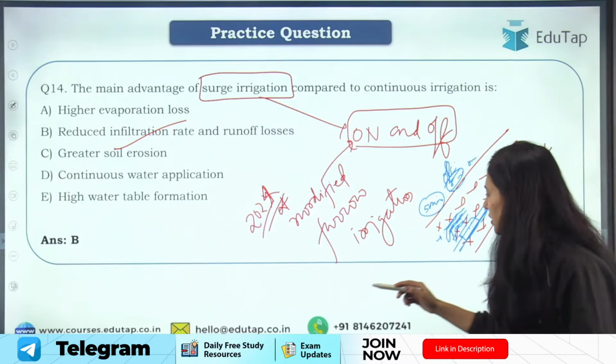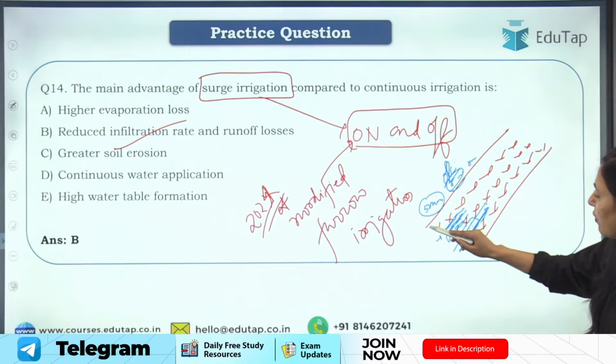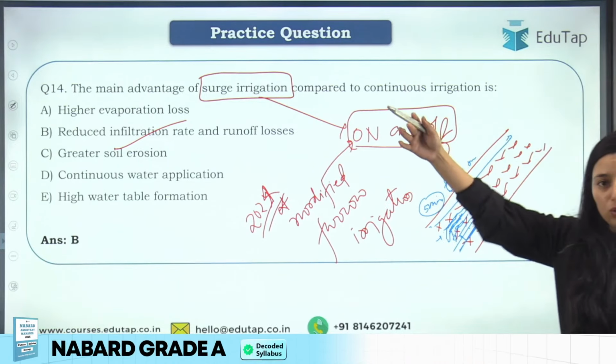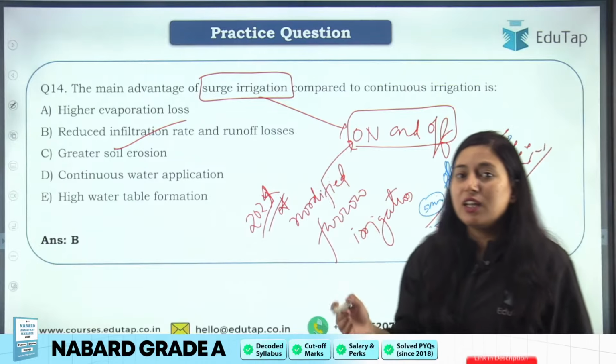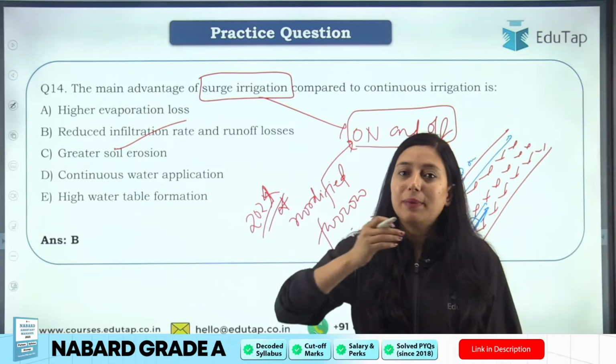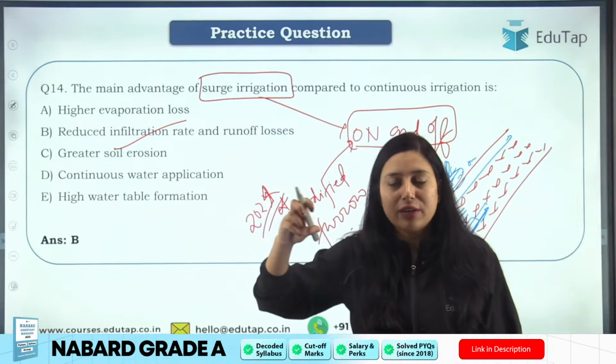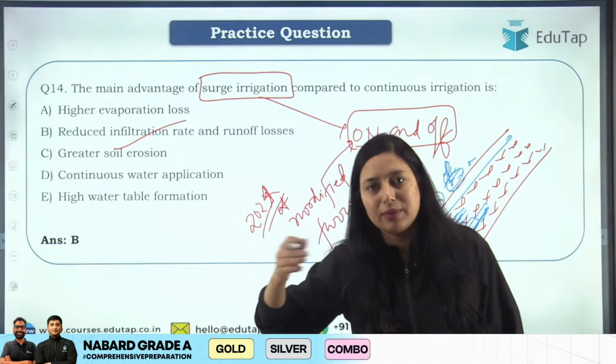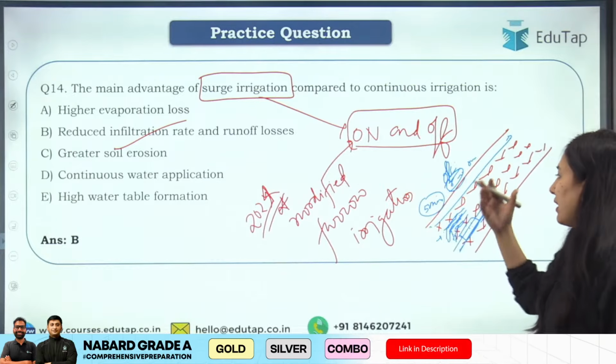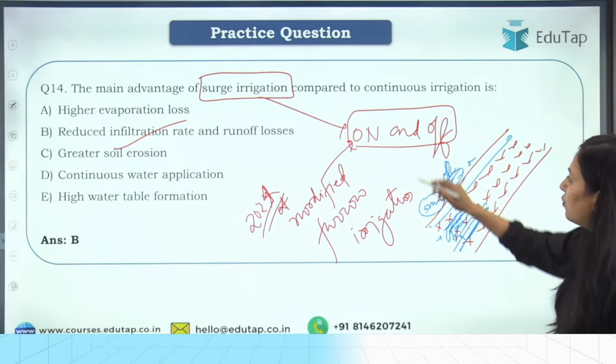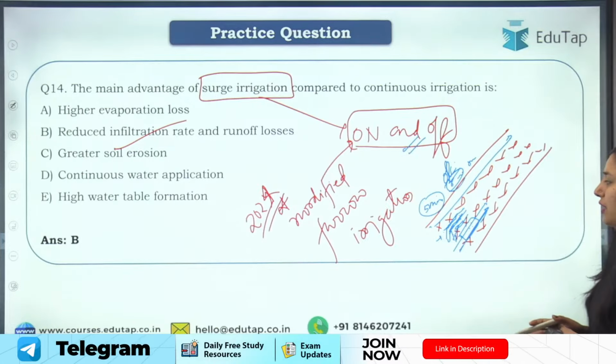Ridge system में क्या होता है students? Sometimes it is difficult to take water from this end to this end of the field, क्योंकि फील्ड बहुत बड़े होते हैं। तो अगर हमने बड़ी बड़ी रिजेस बनाई हैं तो स्टार्टिंग में तो वाटर अच्छे से फ्लो करेगा, बट एंड तक जाते जाते जो वाटर का फ्लो है वो बहुत कम हो जाता है, ठीक है, नहीं पहुंच पाता है एंड फील्ड के एंड सेक्शन तक।